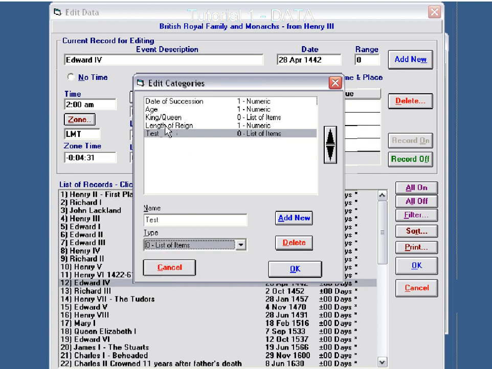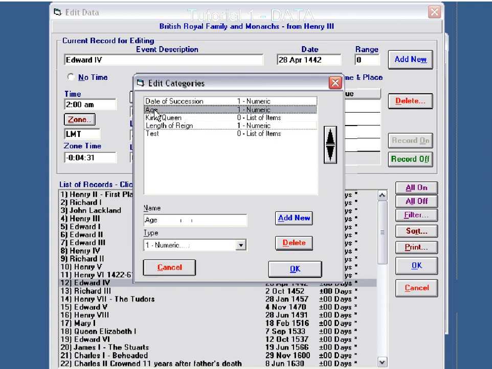So I won't add the data, but here you can see this is a numerical data one. Here you can see this is a drop-down list, king or queen. Here you can see this is a numerical data one as well, and I just type it in. Now that means later on that if I sort this data, and this is a numerical value also, the year, if I sort this data I can say give me all the monarchs before 1500, and I can do simple things like that, or give me all the monarchs who are kings or who are queens or whatever.